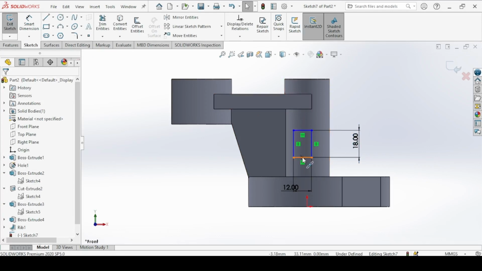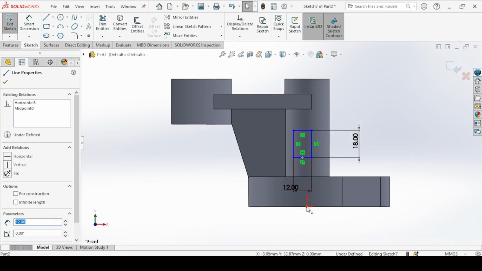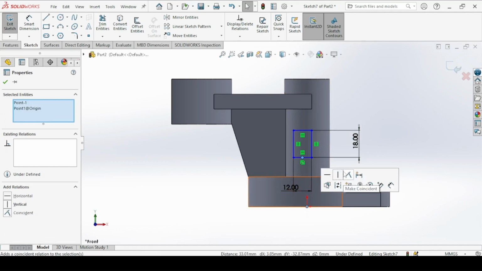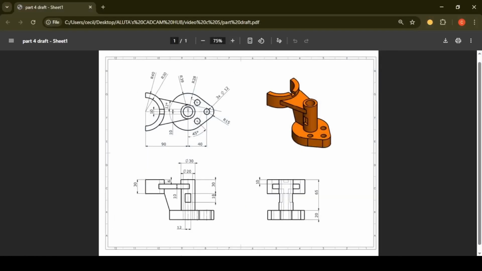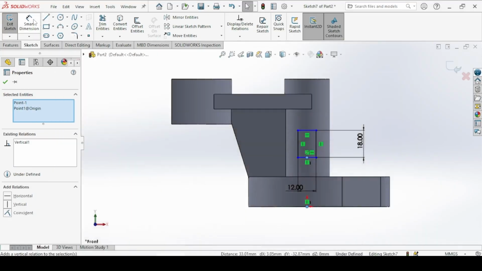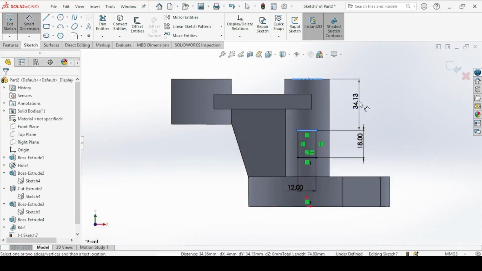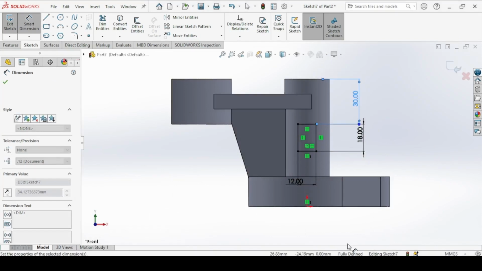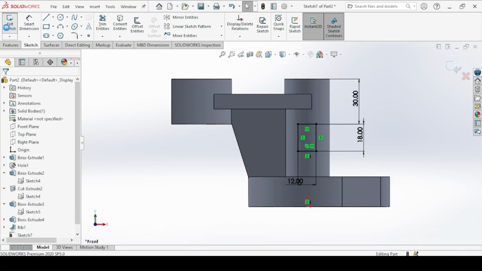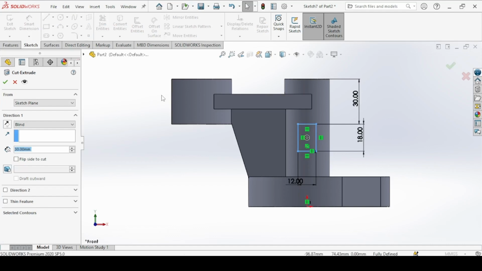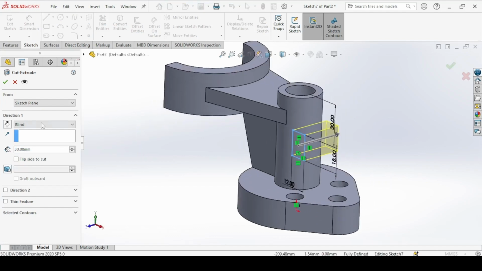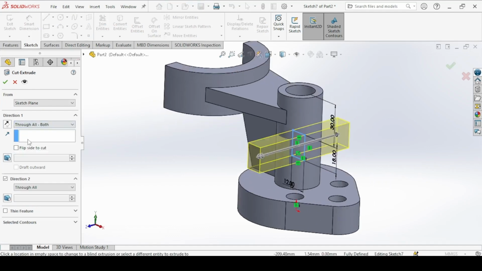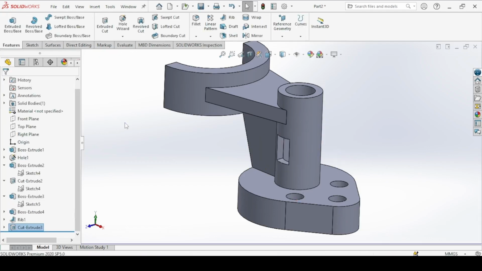So locate this center, click on it, hold the shift key and click on this origin, make vertical. And the distance from this line to the end is 30 millimeters. So this should be 30. Fully defined sketch, exit. The end limit should be through or both. Okay.